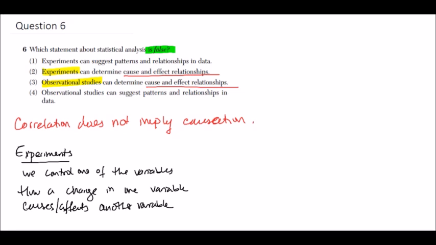I suppose more accurately, it would affect it. It would cause a change in another variable. So experiments can be set up to determine cause and effect relationships, but just observational studies where we observe